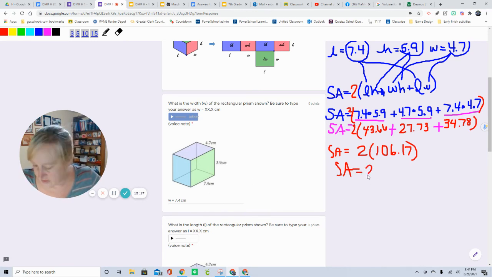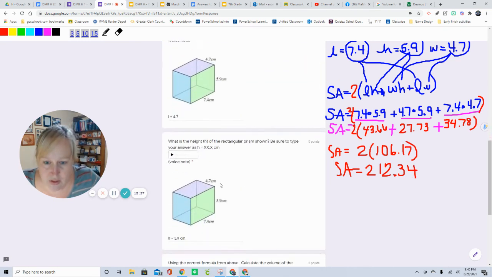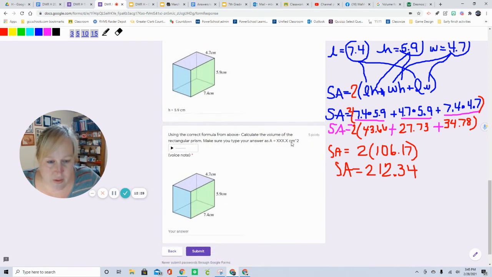All right, I got 212 and 34/100. And remember, our instructions up here told us that we needed to make sure that we answer it correctly with centimeters and the caret squared. So centimeters, caret, well, I'll just write it like this, but I'll show you how to type it. So your answer, I have to write it down, 212.34